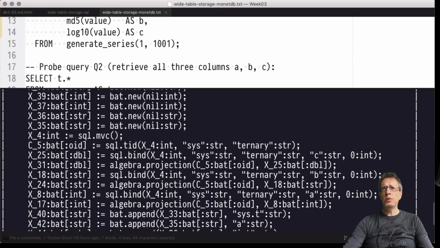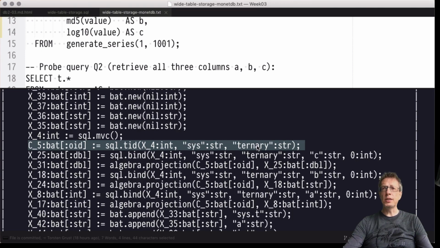Okay, and then we see accesses to BATs. This would be the BAT that holds visibility information, if you recall. So this BAT is just called this ternary, just like the table, and it holds visibility information. Which of the rows of table ternary are currently in fact visible and have not been deleted, for example, by